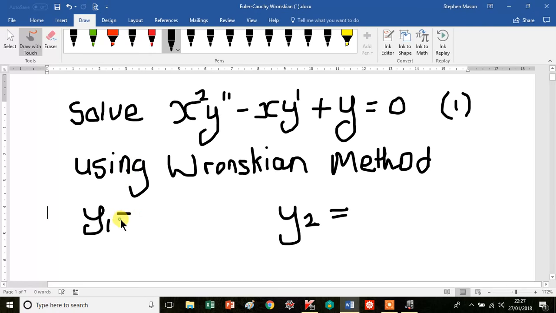So you might actually be given the first solution, which in this case actually is Cx. And that actually is a solution of this equation. We're actually going to start from the very, very beginning and show that y1 is equal to cx,